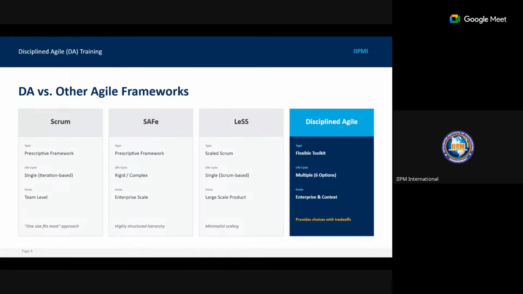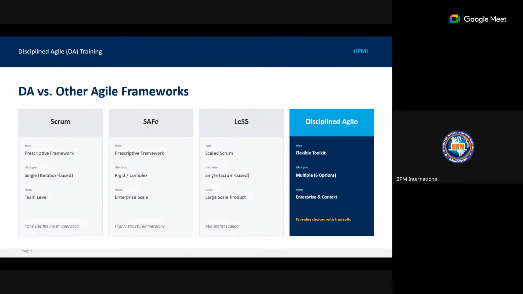Scrum focuses on the team level, but SAFe focuses on enterprise scale. Then you have LeSS, regarded as scaled Scrum, and its cycle type is also single, like Scrum, and it is used majorly for large-scale products.